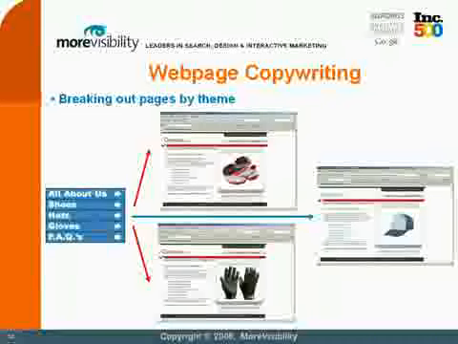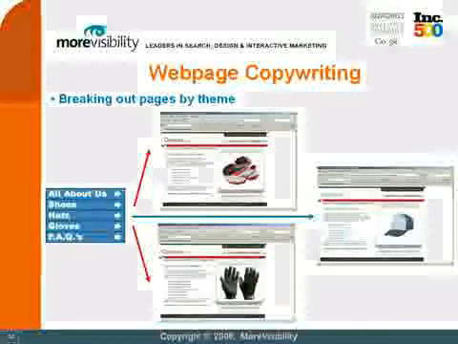In this example, we have shoes, hats, and gloves in our left-hand navigation bar. Instead of having all three categories on the same page, we've broken them out into 3 separate pages within our website. This way, someone looking for shoes can go directly to the shoes category or subcategory section, someone looking for gloves to the gloves section, and